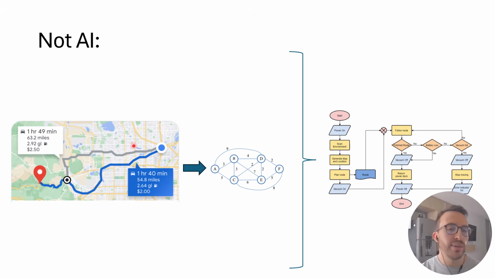So for example, what Google Maps does is it has all these different cities. It has their maps represented as graphs, like what I am showing here. It's just a set of nodes and edges. Let's say that the nodes represent intersections and the edges represent roads. The number on the edges might represent how long the road is, or it might also factor in the traffic at that particular time on that road.